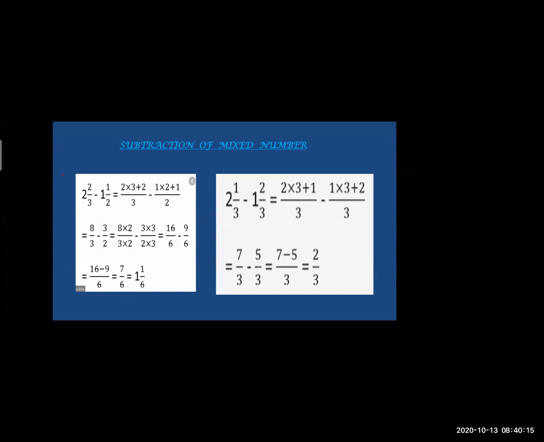See, one more sum is there. In this sum, we have equal denominators. Now we are not concerned with making the denominator same. Equal denominator is already given. When you have equal denominators already given, no need to go for multiplication, cross multiplication, nothing. You just have to convert it into a fraction and make a subtraction or addition.